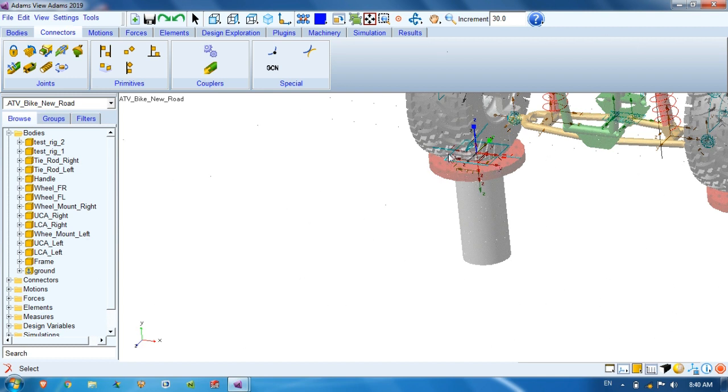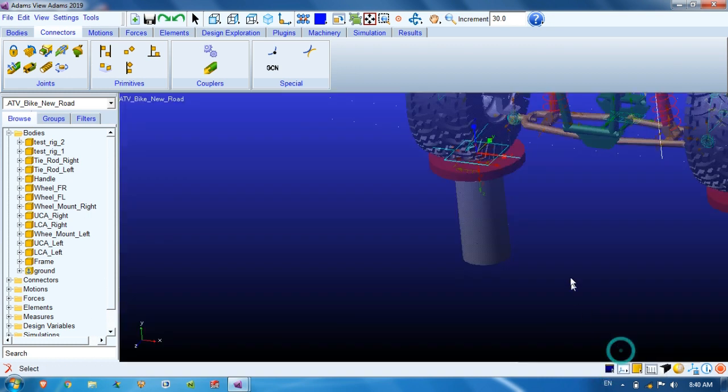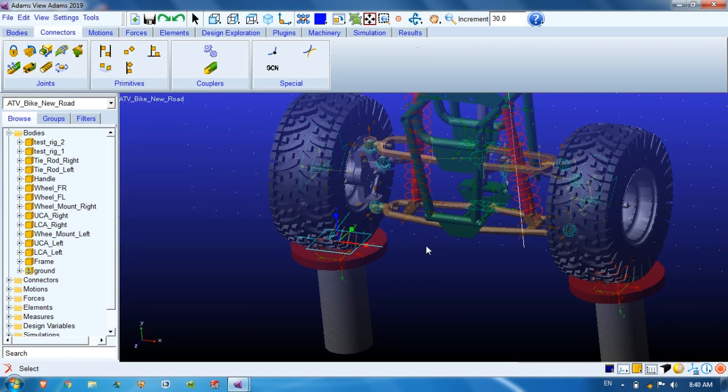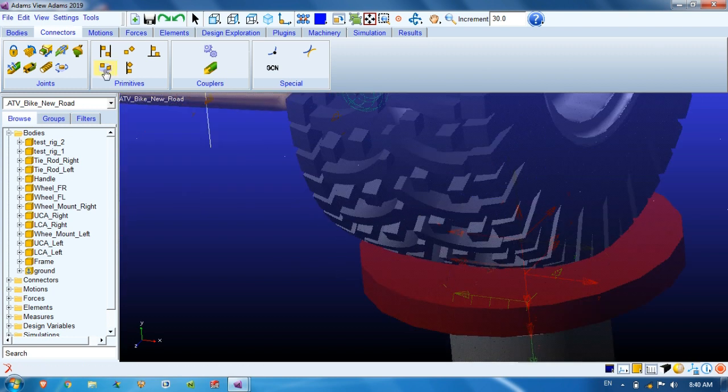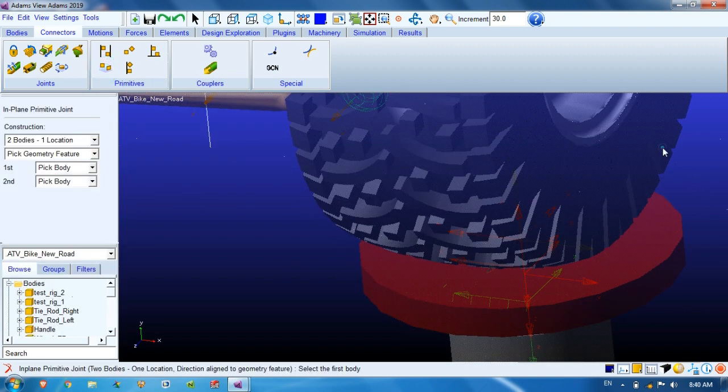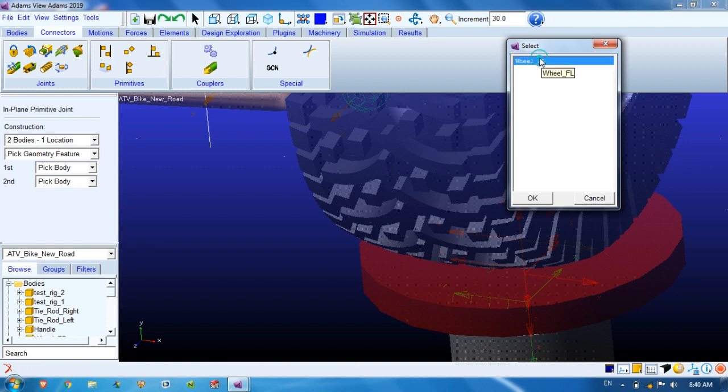You can see the plane is in the vertical direction. I will change the background to blue. Now you can visualize that the plane is horizontal. We want this kind of arrangement, with its axis normal to the horizontal plane. Similarly here, go to the joint primitive, first body as wheel front left, second body as the test rig.